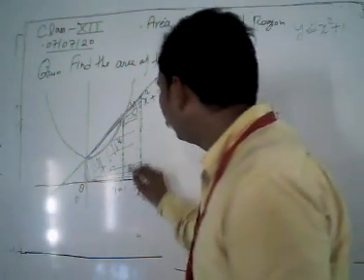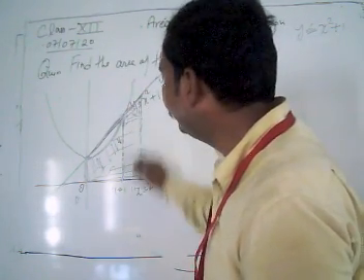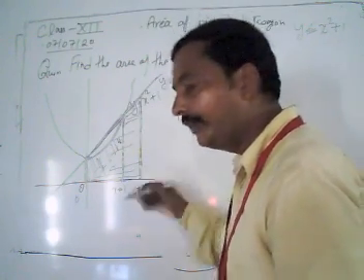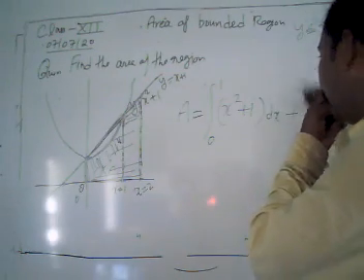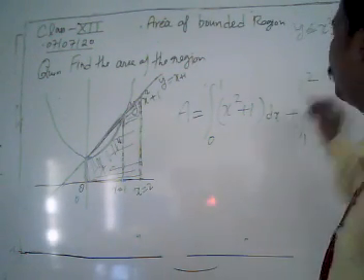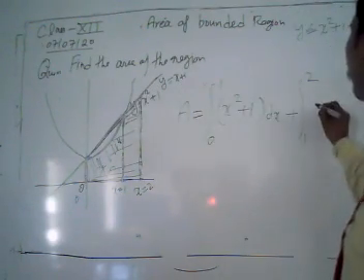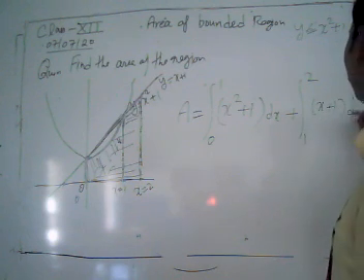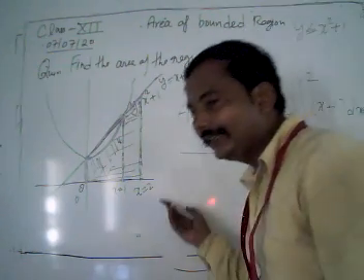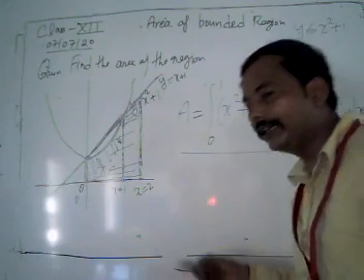And now look, in the first way we were missing this area. This area is made by the line between the region 1 and 2. Now the region is from 1 to 2, and this area is made by our line, y is equal to x plus 1, so the integral of x plus 1 dx. Now we are going to integrate it. After integration, we put in the values and get our required result.